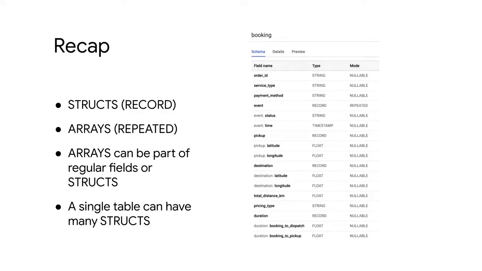So here's the cheat sheet. Structs are of type record when looking at a schema, and arrays are of mode repeated. Arrays can be of any single type, like an array of floats or an array of strings. Arrays can be part of a regular field or be part of a nested field inside of a struct. A single table can have 0 to many structs, and lastly, the real mind-bending point is that a struct can have other structs nested inside of it,